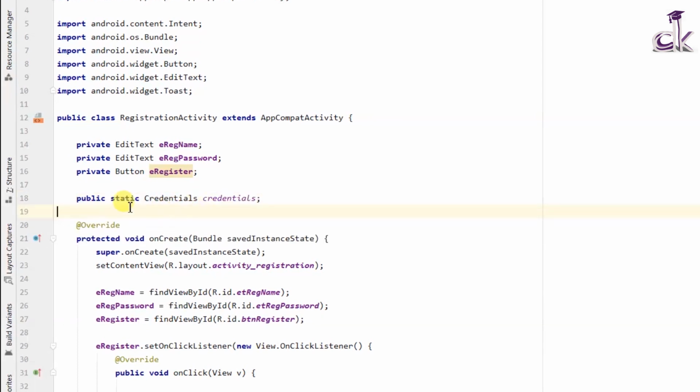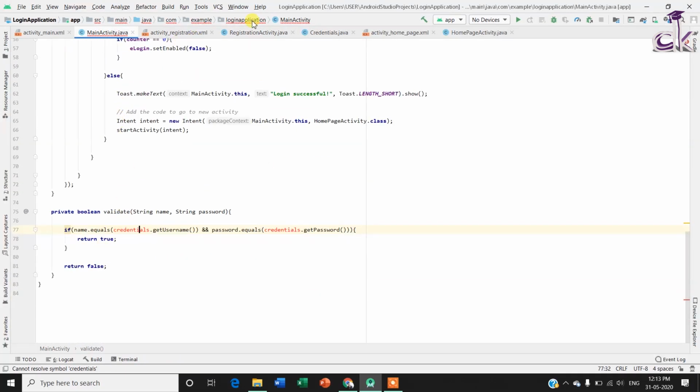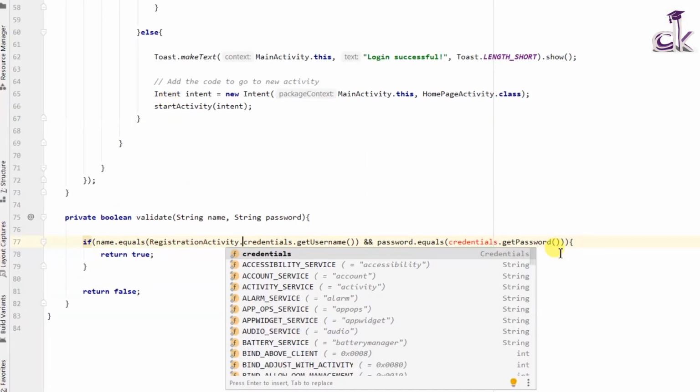Okay, so when you set the variable to public, it means that this particular variable is visible across all activities, and when you set it to static, the variable retains its value across function calls. So we have done that, and we are going to go back to main activity, and now to access the credentials which was defined there, we need to say registration activity dot credentials.